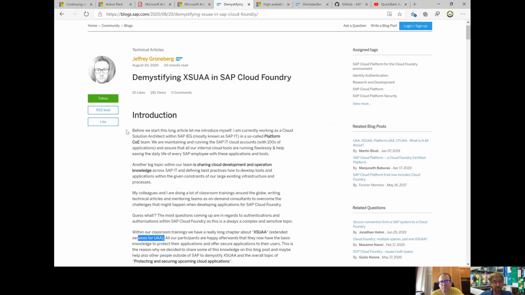And what I really loved about Jeffrey's blog here is he's apparently from SAP IT, and he's in a team that trains other colleagues within SAP. So it looks like also within SAP, using XSUAA is not straightforward. So it's good to have additional trainings available.